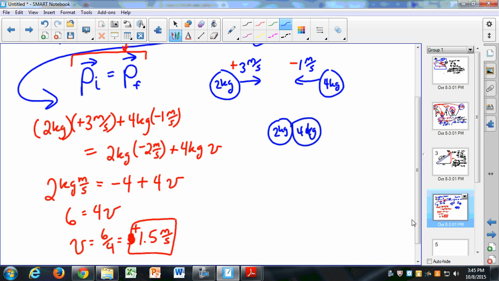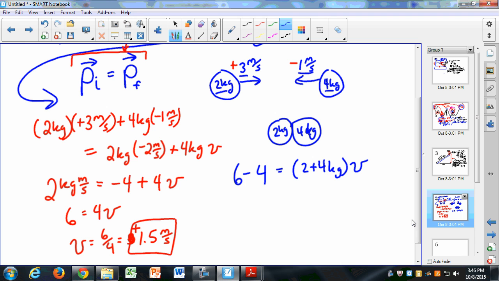All right, so together, these have a net momentum that's positive. That means if I make them stick together, they're still going to have a positive net momentum. So it'll look like this. I would have 6 minus 4. That's 3 times 2 minus 1 times 4 is equal to 2 plus 4 kilograms